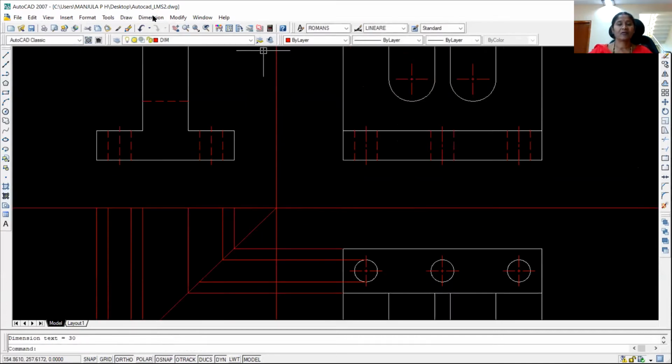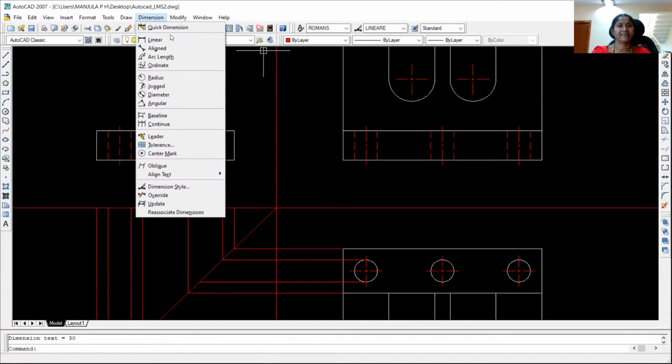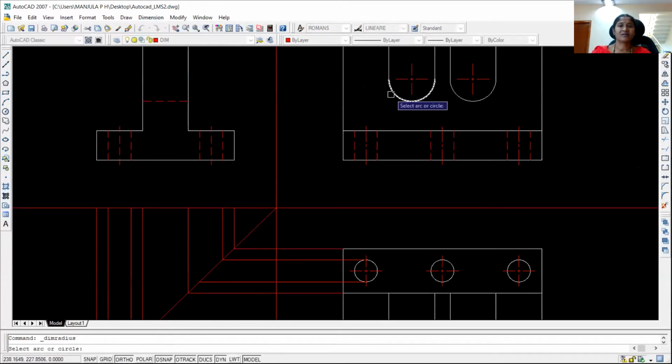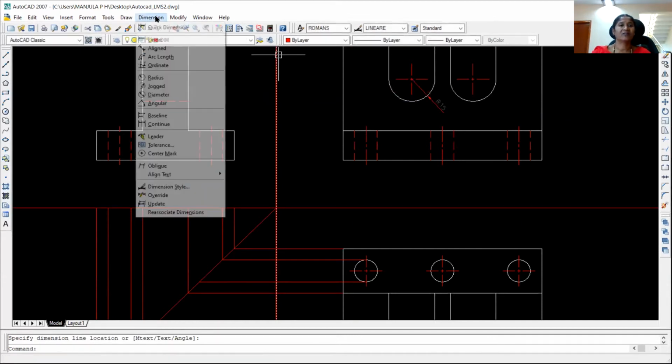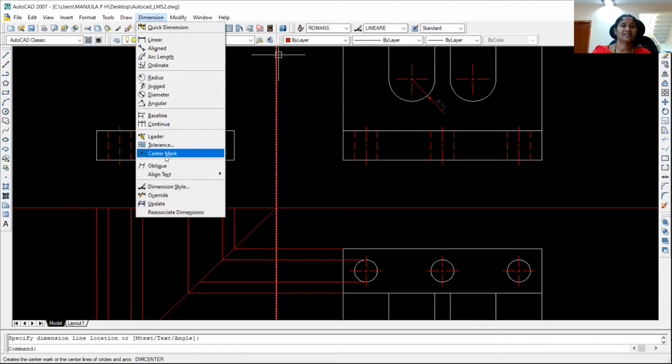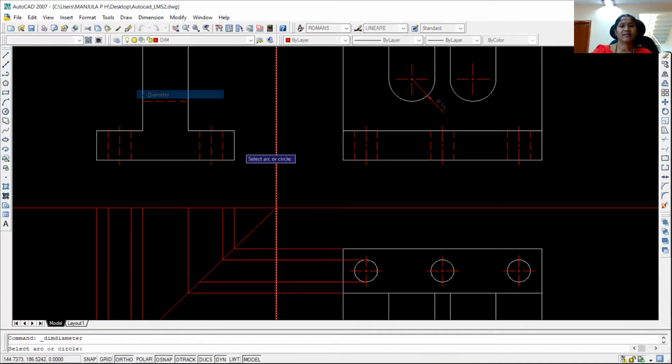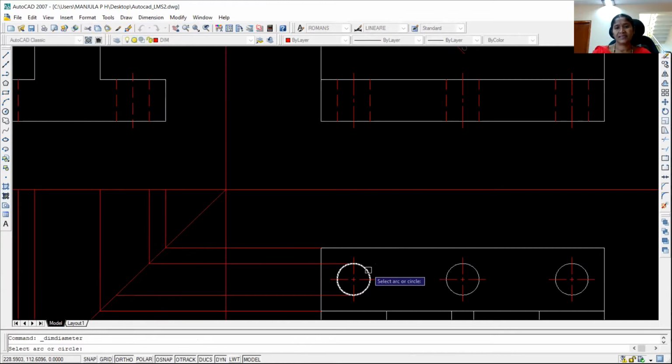If I want to indicate the radius of this dimension, click on radius, you click on this. So you do it for any one. Dimension, radius or diameter, select whichever you want. Diameter, you indicate the circle. So that will be dimension.